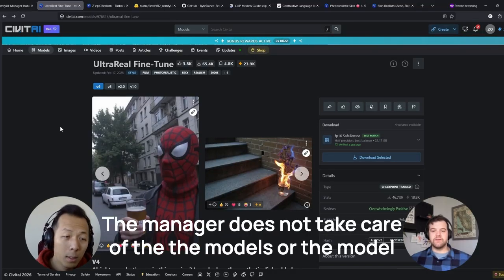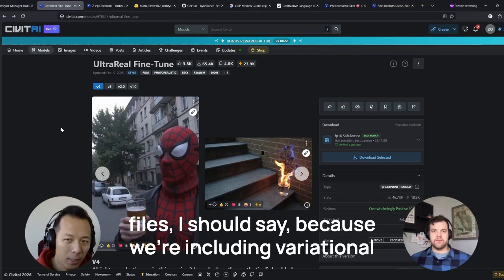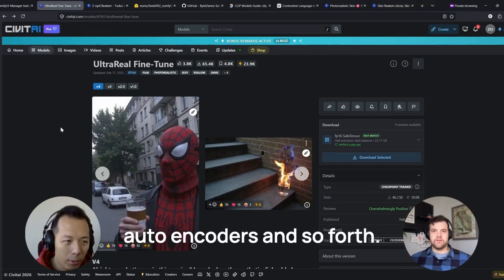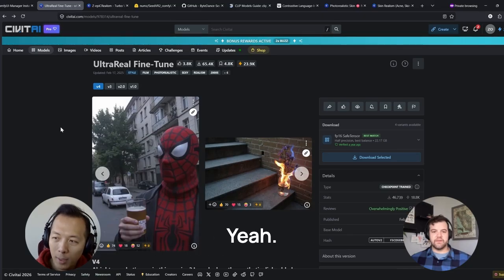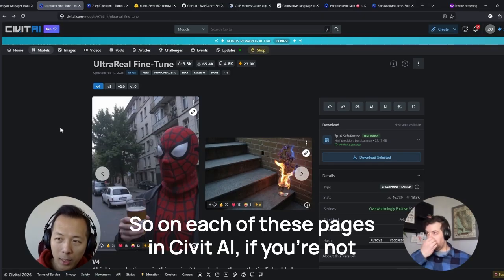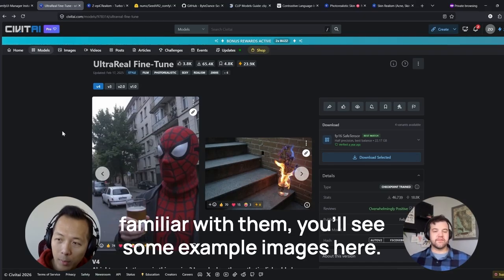The manager does not take care of the models, or the model files, I should say, because we're including variational autoencoders and so forth. So this will need to be a manual process. Got it. Okay, good to know. Yep. So on each of these pages in CivitAI, if you're not familiar with them, you'll see some example